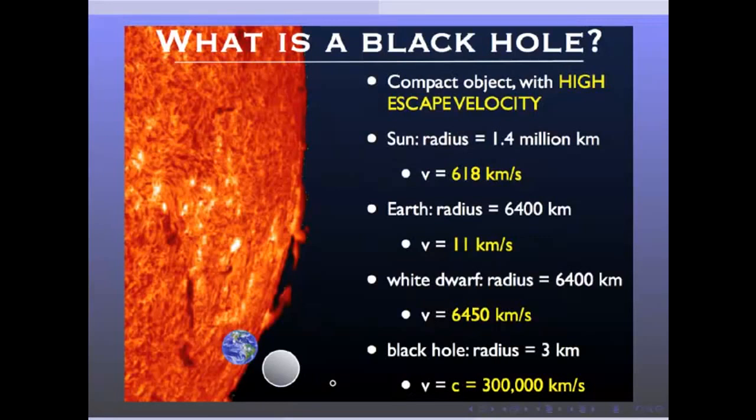What is a black hole? It's a compact object with high escape velocity. Okay, what do we mean by escape velocity? Escape velocity